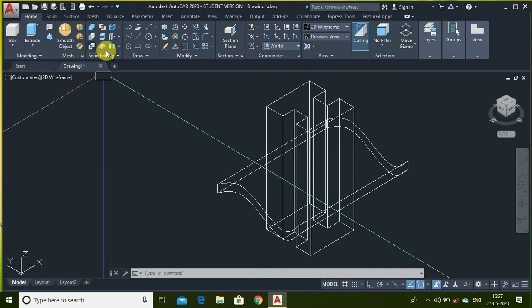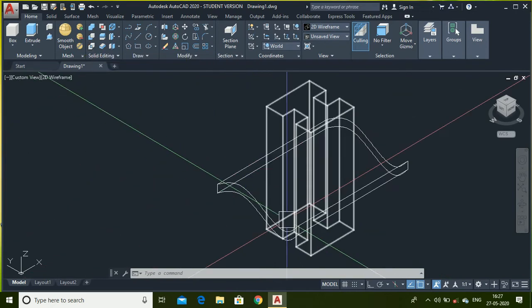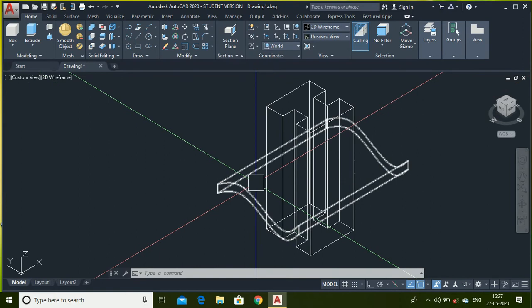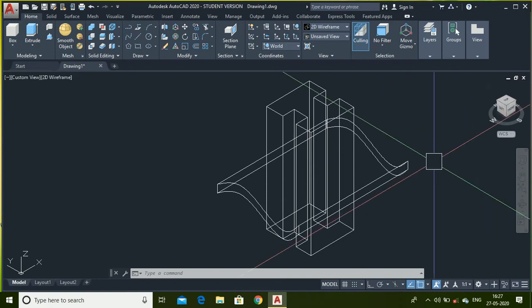Now in this example I am going to teach you the intersect command. Basically the intersect command is used when you want to produce an object which has two different views. For example, in this object, when you see from the top view it is an eye section, and when you see from the left view it is a curved shape.